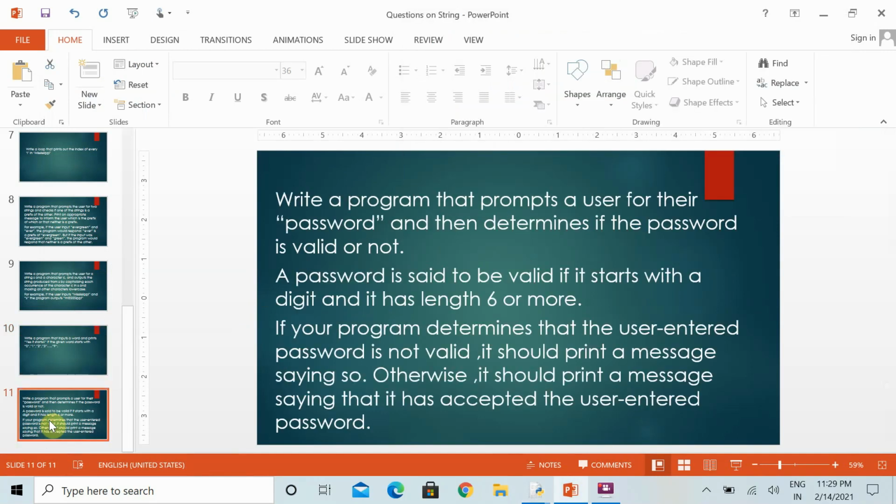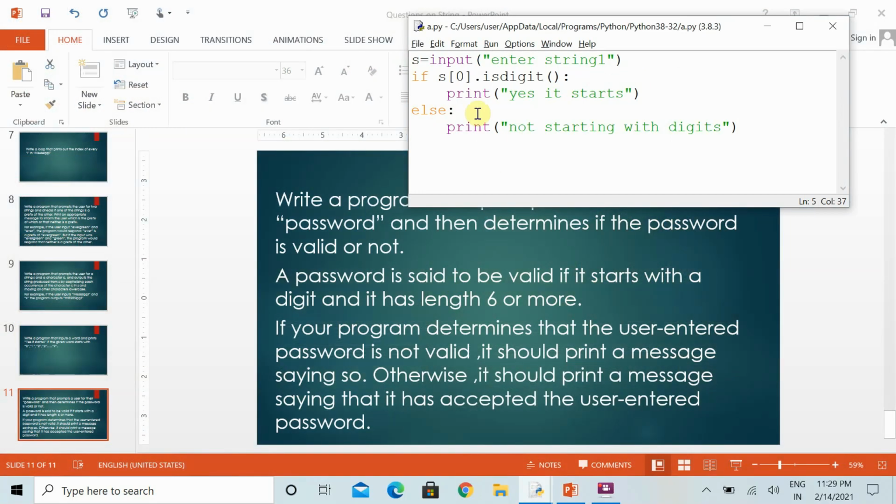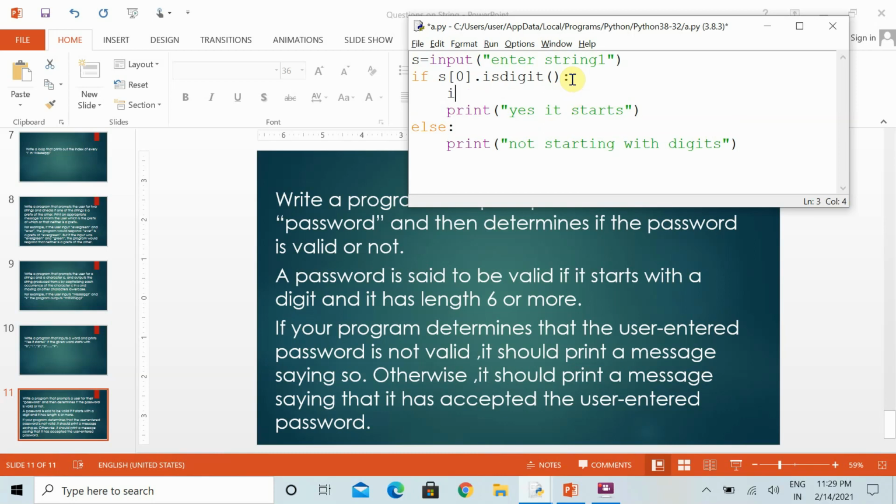Now let's move to the last question. Write a program that prompts the user for their password and then determines if the password is valid or not. The password is valid if it starts with a digit and has more than six characters. It is quite similar to the previous question. First we have to check whether it is starting with a digit or not. Then the other part: if the length of whatever we are entering is greater than or equal to 6, then